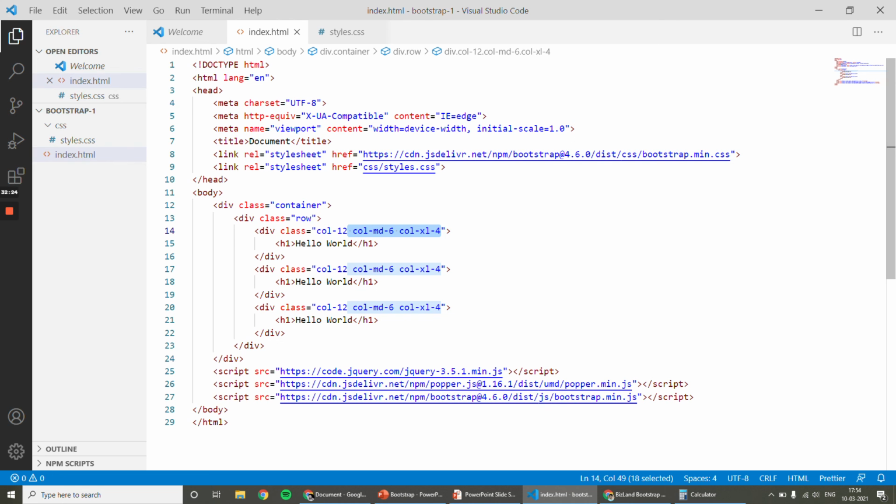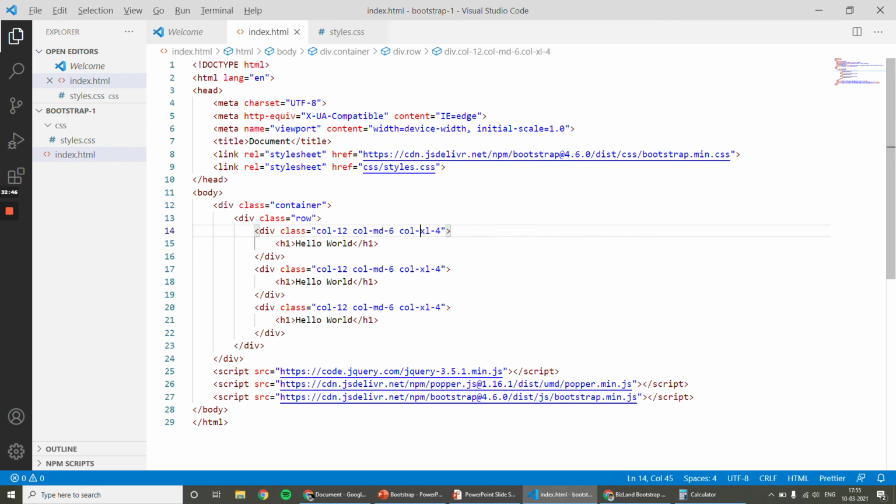When col-md and col-xl are applied as breakpoints, col-12 will not have any control when the device width matches the breakpoint. Okay, this is how you have to form your layout.